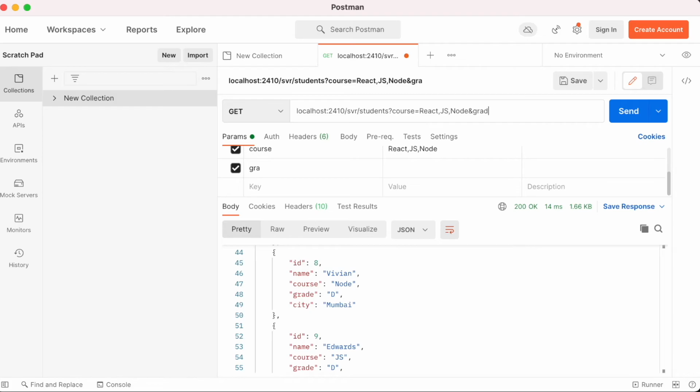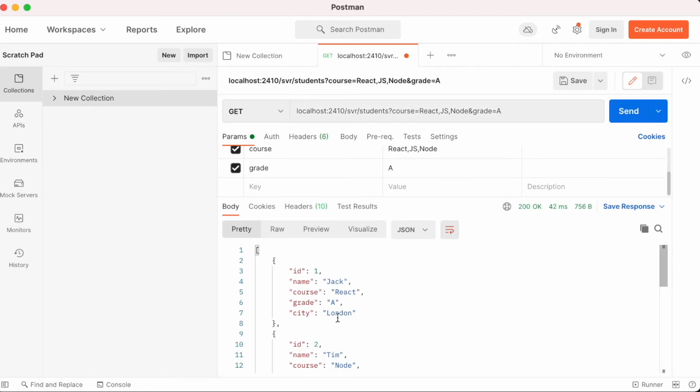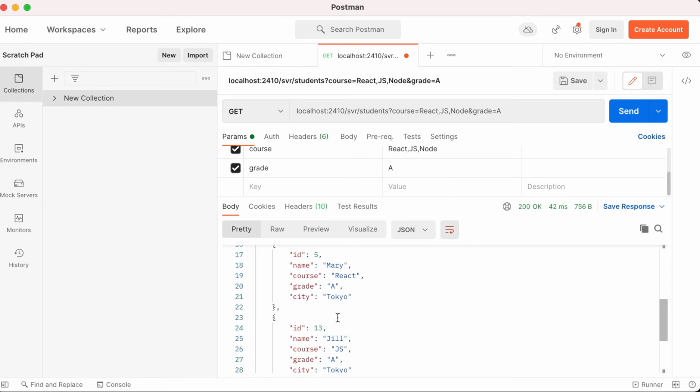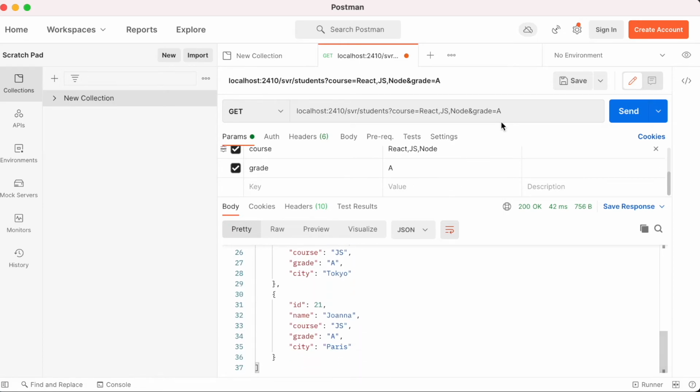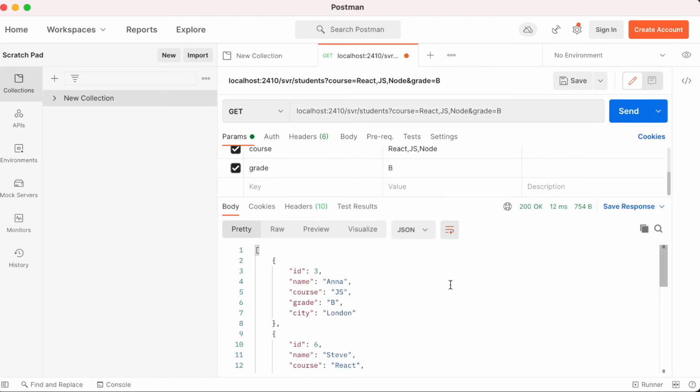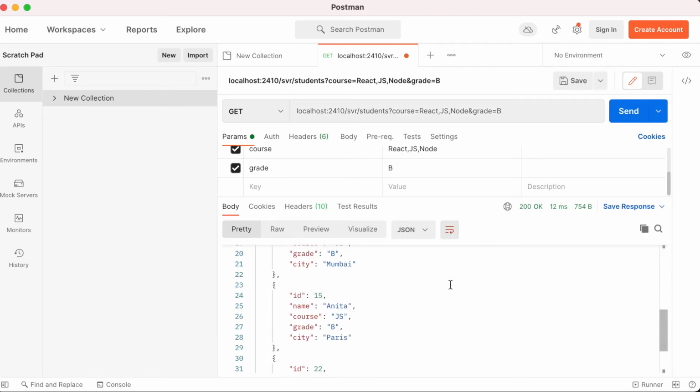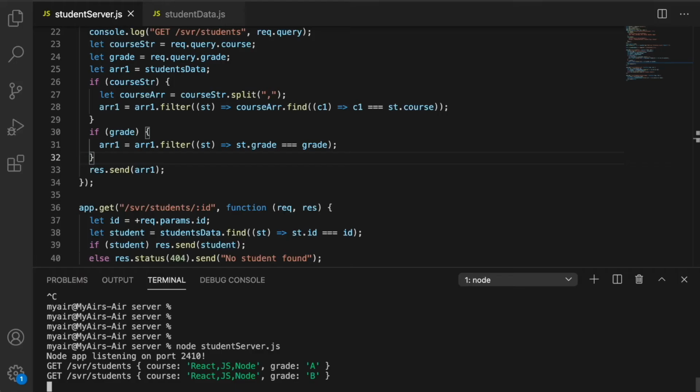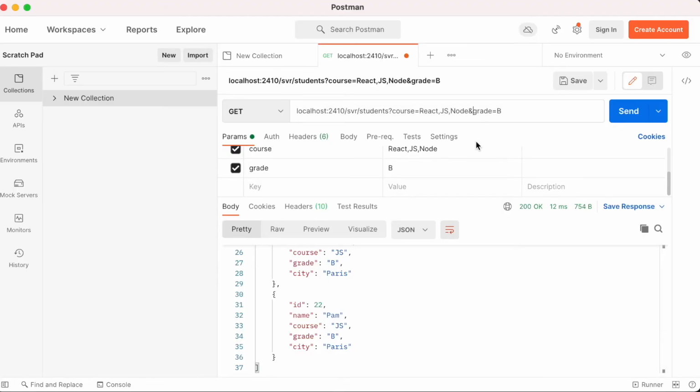And grade is equal to A. So we get grade A. This is fine. Let's make it say grade B. This is also fine. And if we check here, we get course and grade. Let's test it where we don't give the course, we only give the grade.